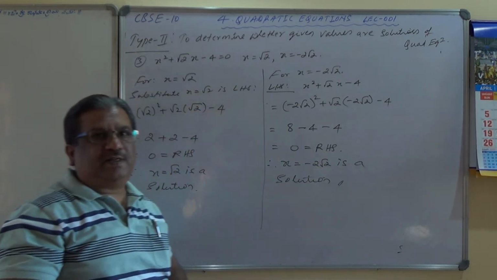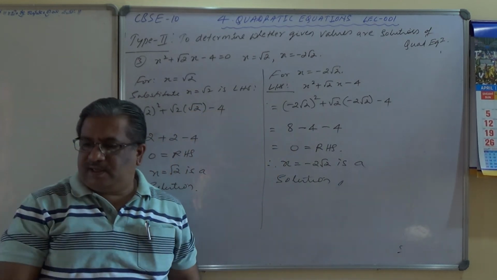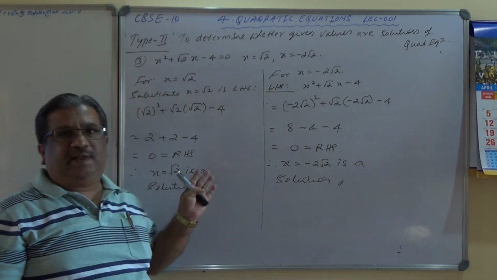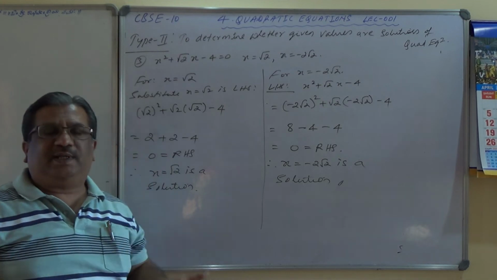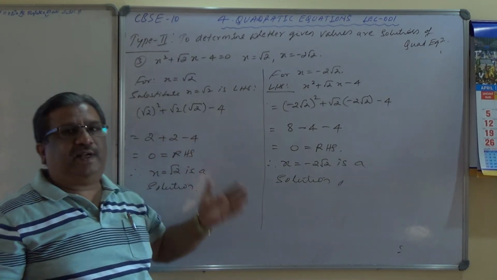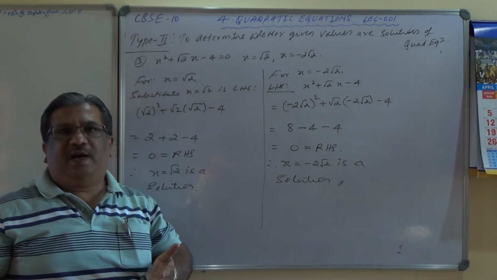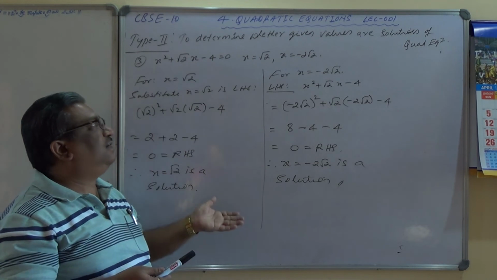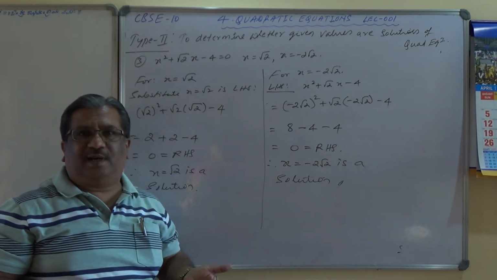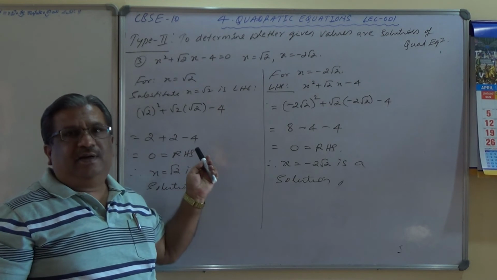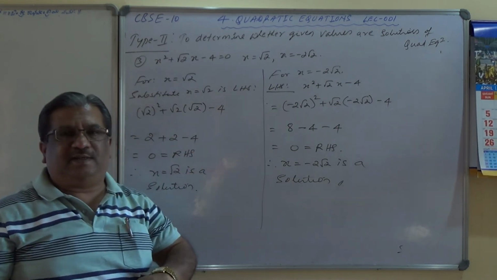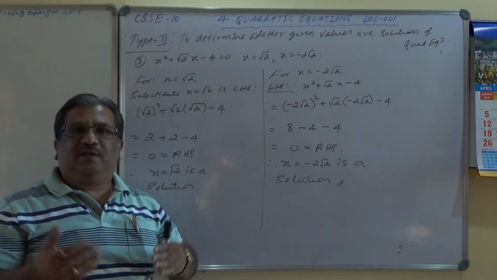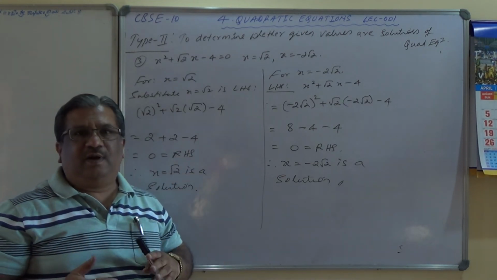I hope you are able to understand. Can I take another 1 or 2 examples or is it enough? I think 3 examples are enough on how to check whether the given values are solutions or not. What is the methodology? Substitute the given values of x into the left hand side of the equation and check whether you get 0 or not, because the right hand side of these standard equations is always 0. So put the values of x in LHS and check whether you are getting RHS. If LHS is equal to RHS, then that value of x is called the solution. Otherwise it is not a solution, which is quite simple.